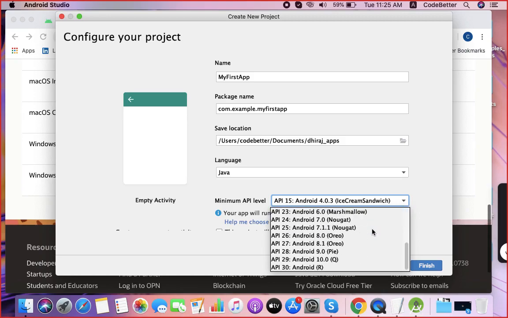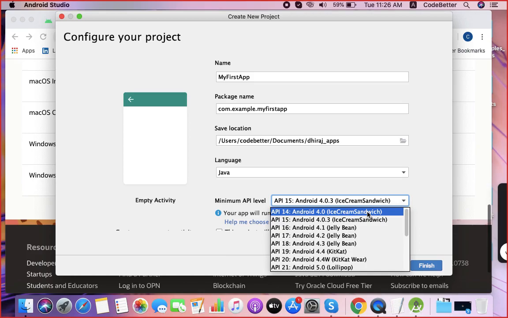So starting from which Android OS do you want to support? For example, someone has purchased an Android phone two years back and has not updated the OS since then, so it may be running on Android 4.0. The minimum is provided here so that you can target all of the Android users.